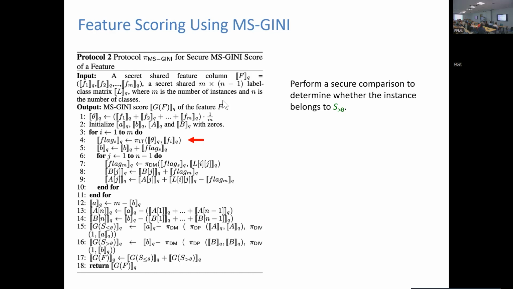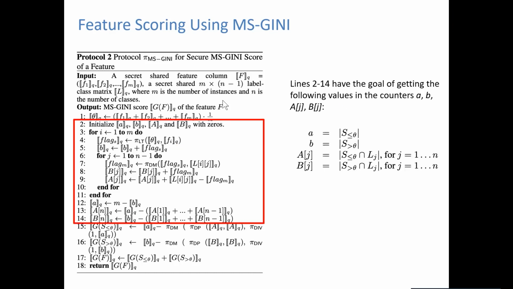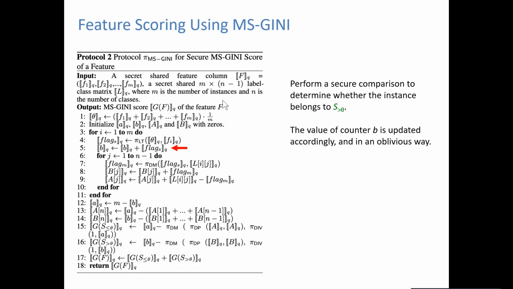So we determine if that's bigger than theta for the feature value. If it is, then the value B is the one that will have the size of this set, so we just update the value of B, right? But the value of the set A, the number of samples that have that feature value smaller than or equal to theta, we update in an indirect way to save on efficiency here.